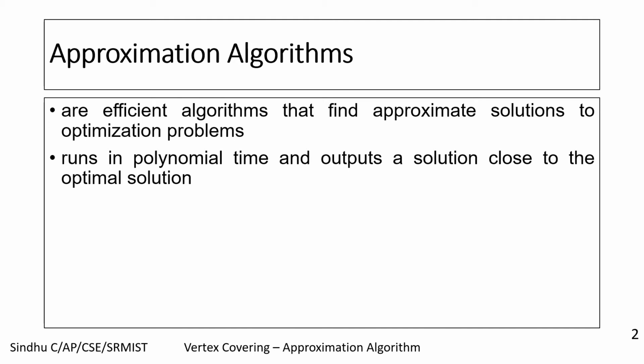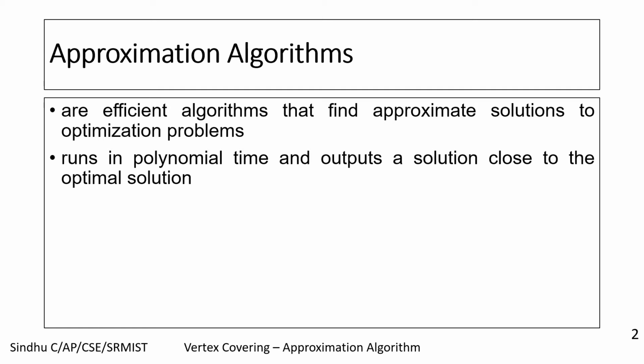Now, there are several optimization problems such as minimum spanning tree, minimum cut, maximum matching, in all of which we can solve them exactly and efficiently in polynomial time. But there are many practically significant optimization problems which are NP hard. And in those problems, we are unlikely to find an algorithm that solves the problem exactly in polynomial time.